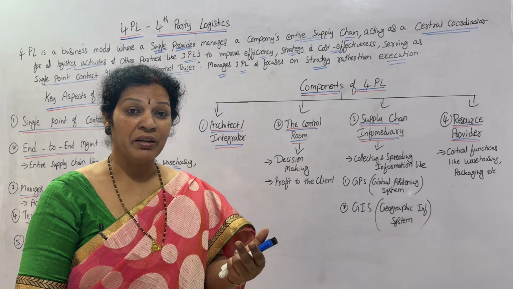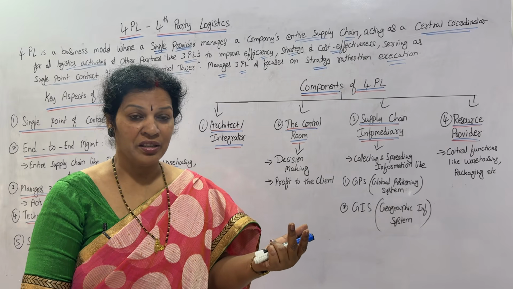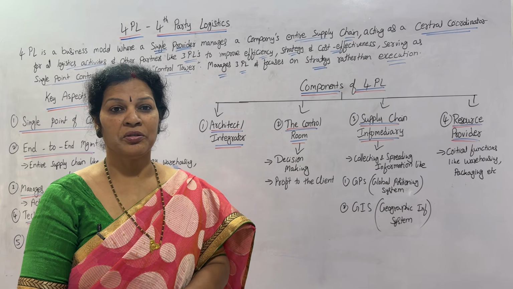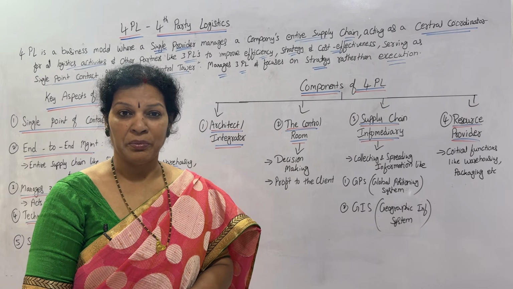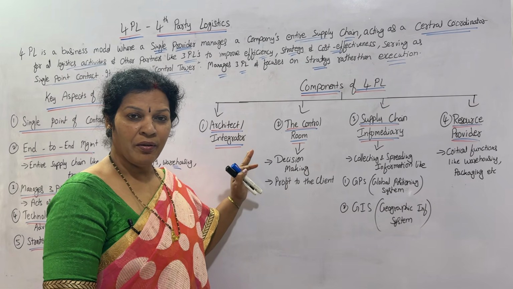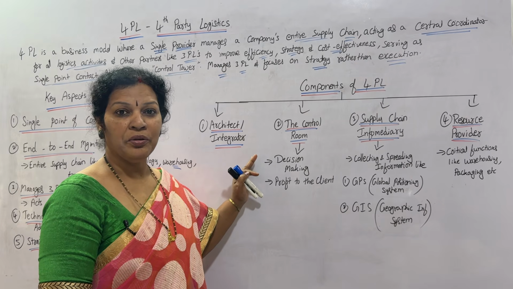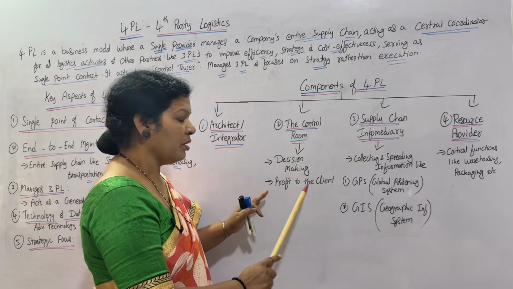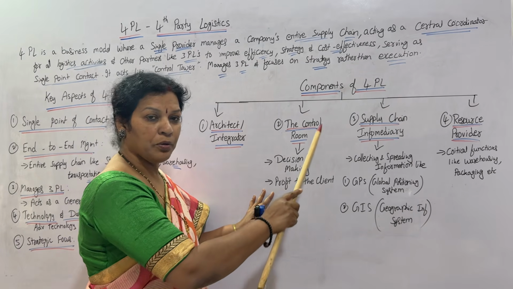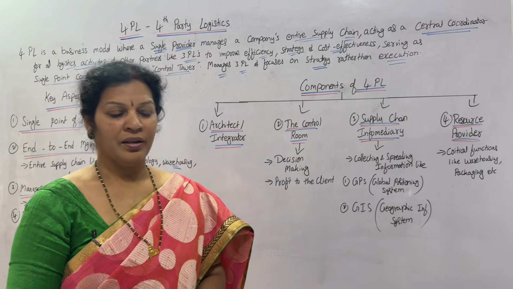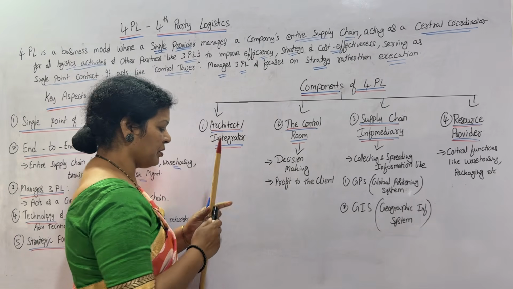They'll be giving advice, or if you have good confidence in them, then you can give them the power of decision making also. Anyhow, in decision making activities they are well versed, and they are going to be helpful to the management. Also their main ambition from the control room point of view is profit to the client. Suppose the client here is XYZ.